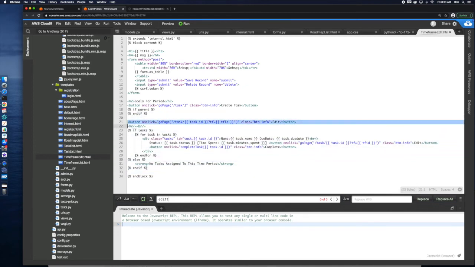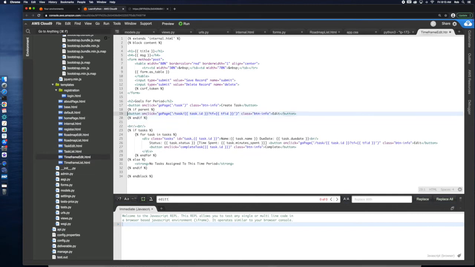So if I have a parent, then I'm going to add another button. And this one's going to be return to, and we're going to do parent.name, since that's what we called it. Otherwise, he's going to go to time frame parent ID.